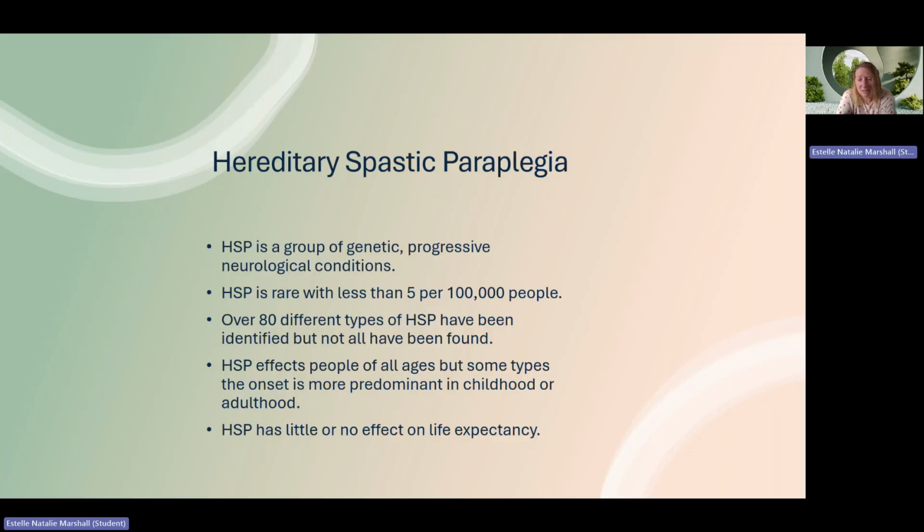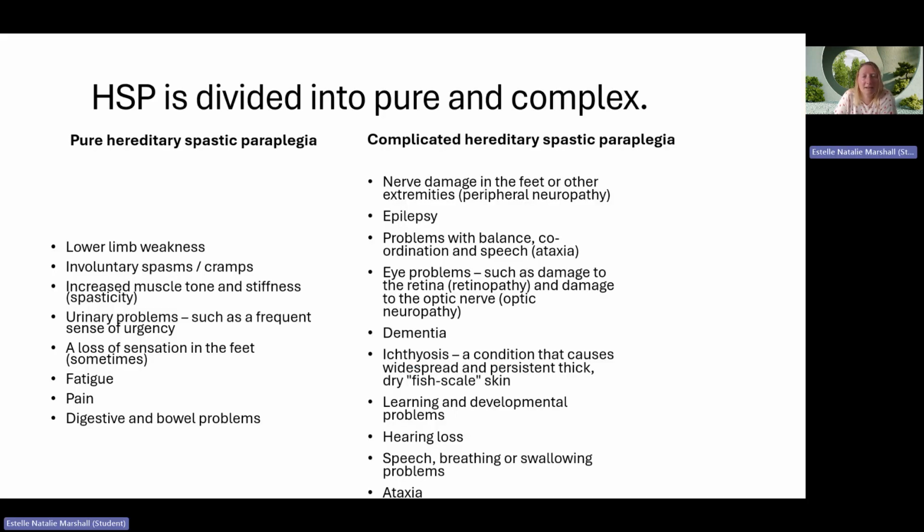So we're looking at the symptoms today of hereditary spastic paraplegia. So the group of conditions is divided into two. It's not as clear-cut as this suggests because everybody's very different and individual, and life's not as straightforward and can't be put in boxes. Okay, but the pure form of hereditary spastic paraplegia includes lower limb weakness,